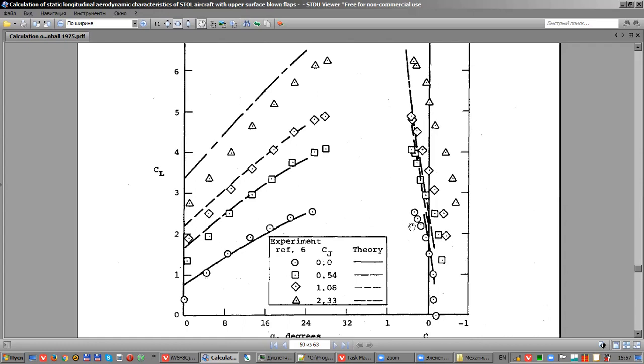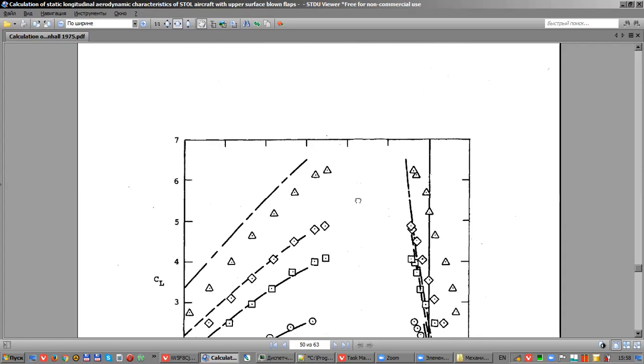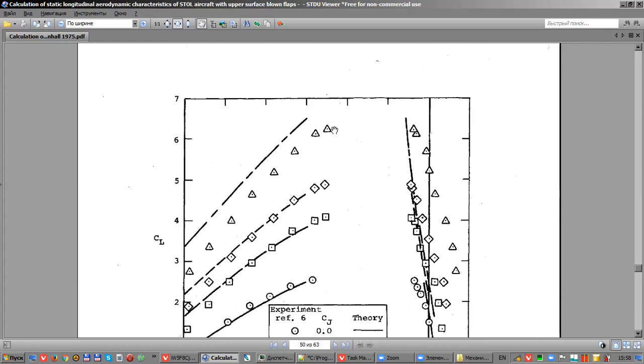Different experiments with different coefficient CJ. This coefficient CJ is about the speed of the jet from the engine. In the case of 0, we have no influence of the engine, and we have lift equal maybe 2.5. But when they put the engine on, lift increases sufficiently, and we have 6 and more than 6